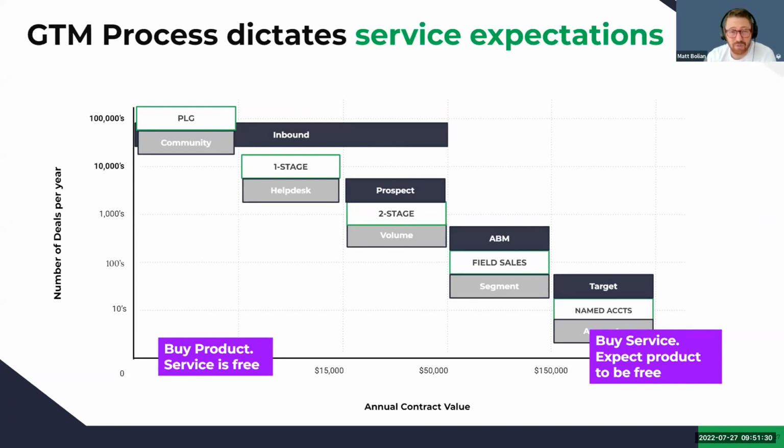I mean, this is your community boards. You're sending questions in to get answers. You're not paying, so you don't expect more. You expect that you can buy the product and implement it without their help or without implementation. On the right side, which changes, yes, you're buying a platform, but what you're really paying for as well is that implementation is going to be covered and the product is almost free.